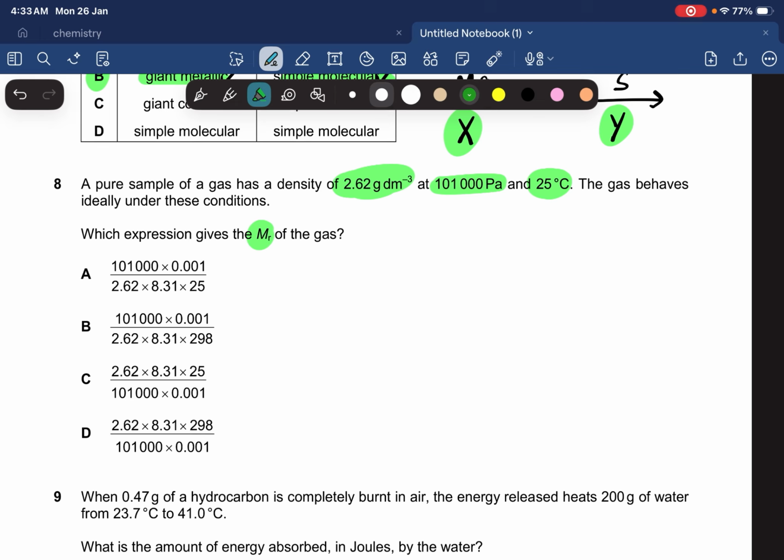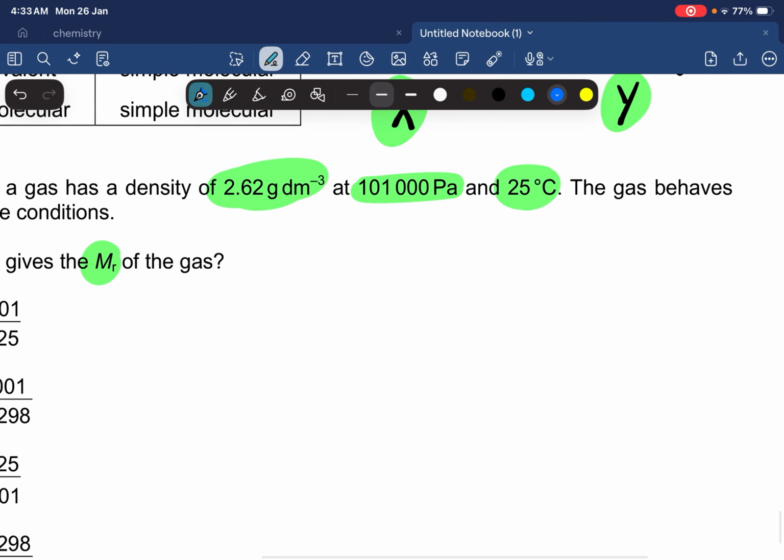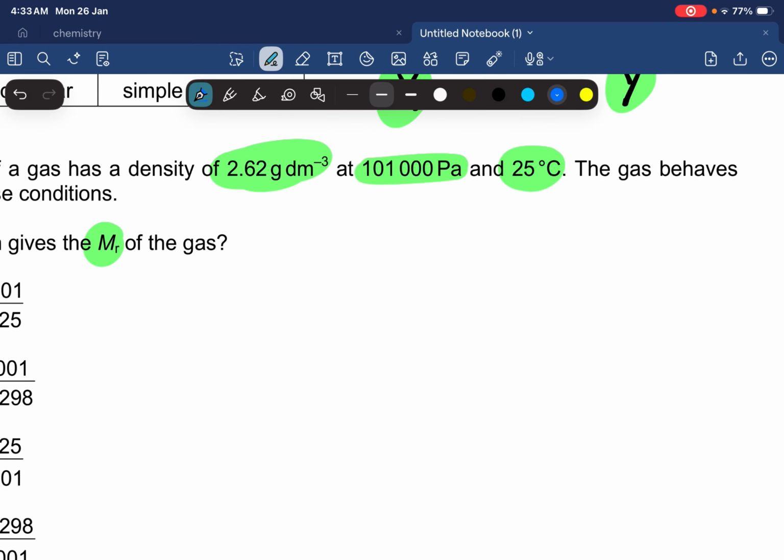So to calculate out the MR, you have to write the formula first and then manipulate the formula. First, forget about the options. Just write the ideal gas equation, which is PV equals nRT. Pressure, volume, n, R for the general gas constant, T for temperature. PV equals nRT, where n is the moles, right? For moles, you can write it as mass over MR